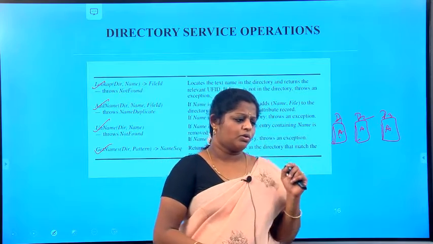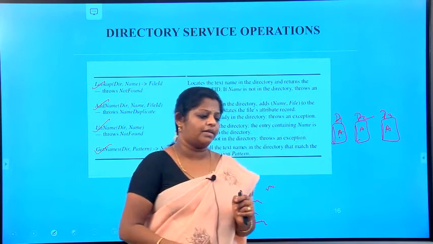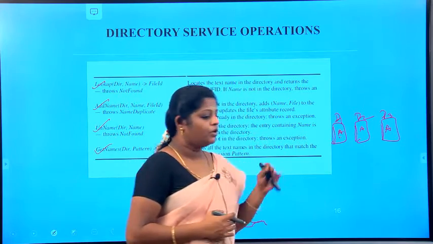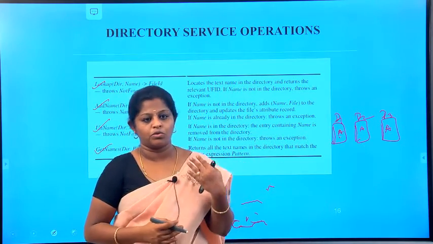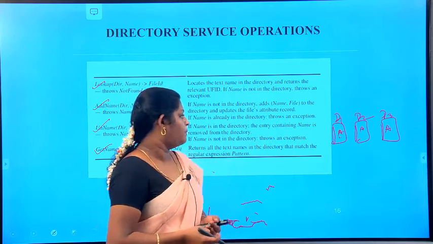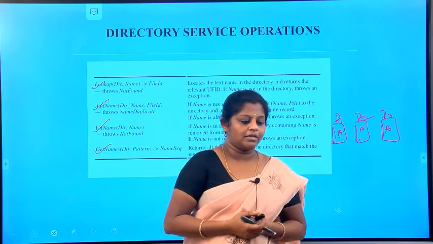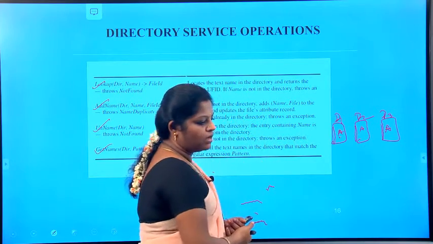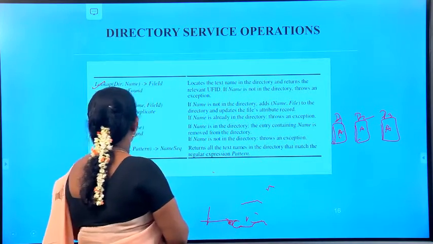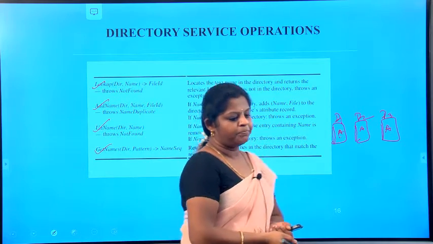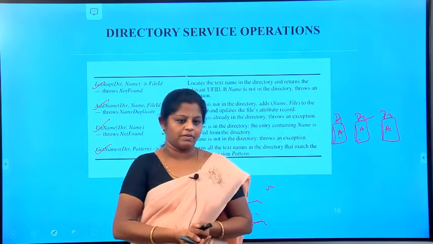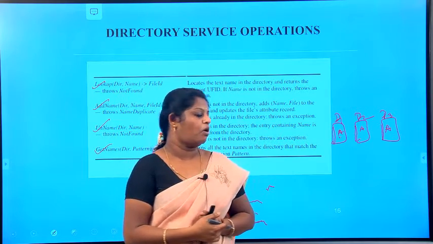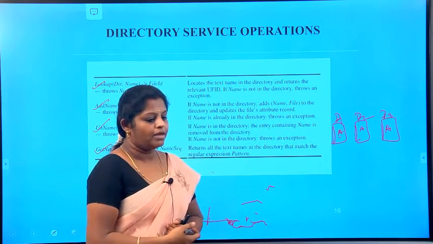So we need to maintain a directory file that contains the mapping between the local names of the files as well as the UFIDs. Each directory will be stored in a conventional file with the help of the UFID, so that the directory service is a client of the file service. Now we'll see the operations one by one. First one is the lookup operation. It's a basic directory service operation that performs the searching operation with a single name, or we can say UFID translation.